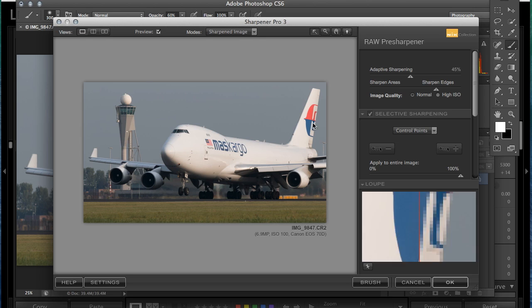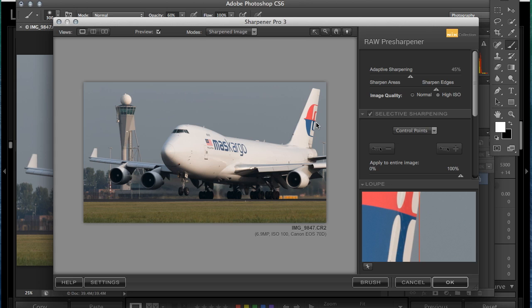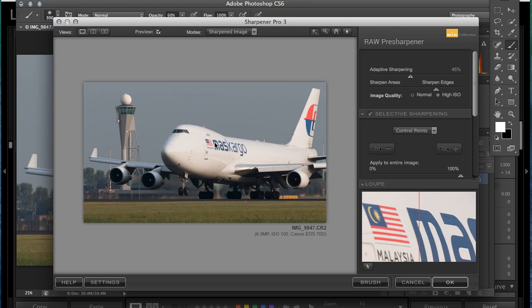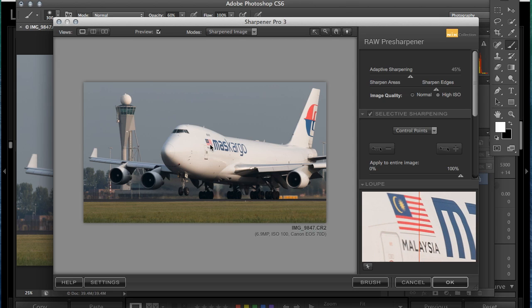So I took the time to do a little research on the internet, and I found some settings that work pretty decent. And what I'll do with a 3500 pixel image, I start off with about 45% adaptive, and I put this needle right about there. So I'm going to sharpen, not total edges, but not areas. You can see the before and the after. It's adding a little bit. Probably can see it better on this flag and the Malaysia. There you go. You can see the Malaysia lettering. It's just a little bit more defined. That's all we're looking for